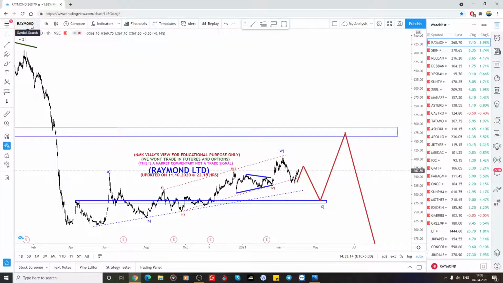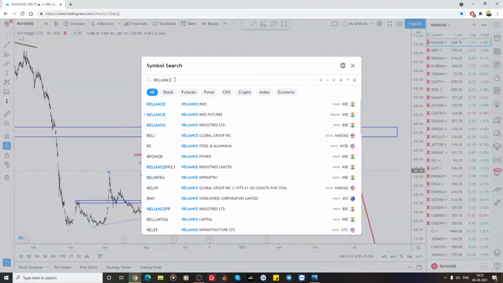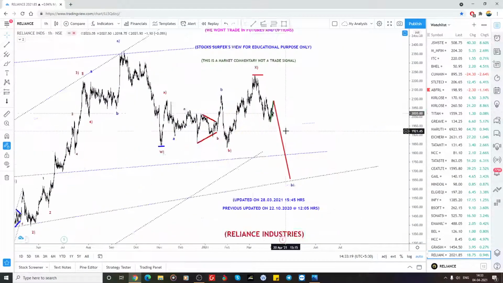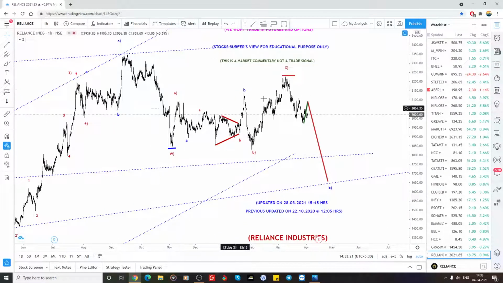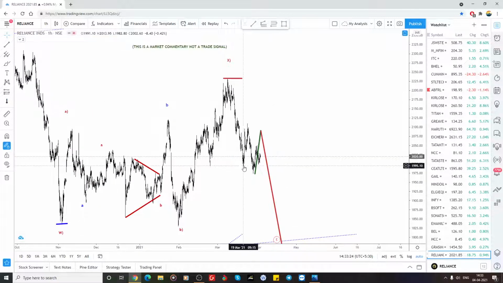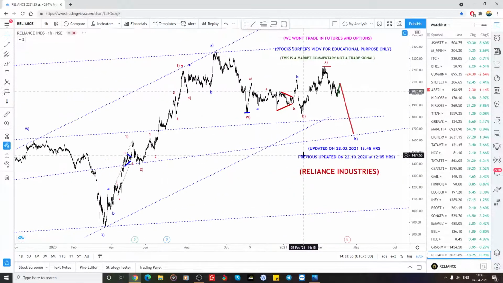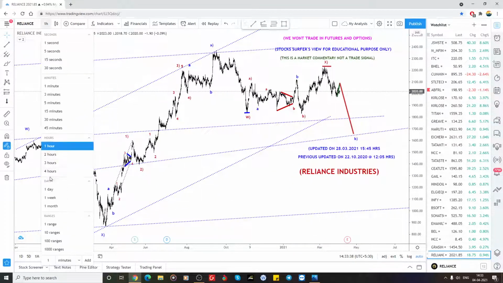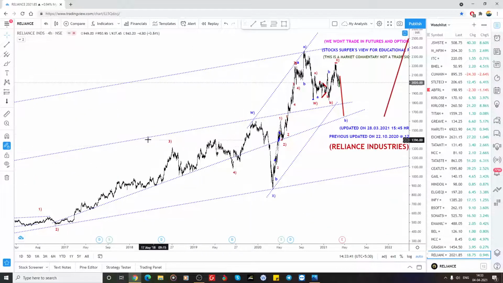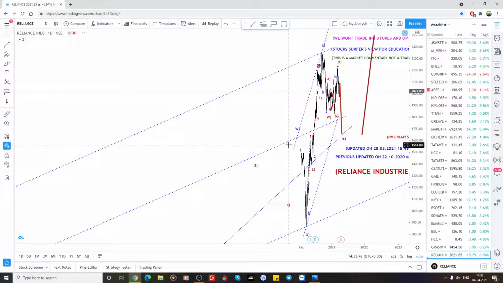And the next is Reliance. So Reliance, no change, it is a WX. Whether this is making a wave, or in the A wave this is a wave 1. If we take this as A, we need to make a B wave and a C wave straight away to 1650, and this trend line we took as a support. Here is the channel median line, and here also there is one trend line. I'll show you in the daily.